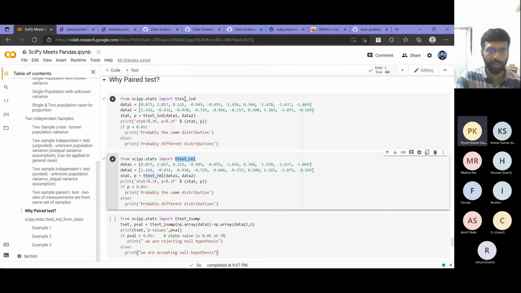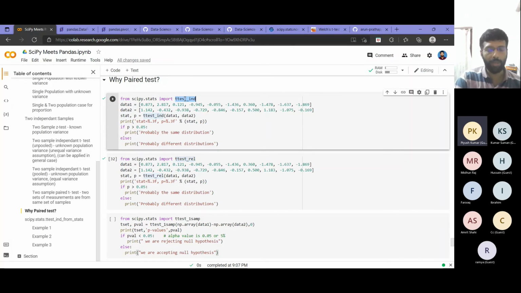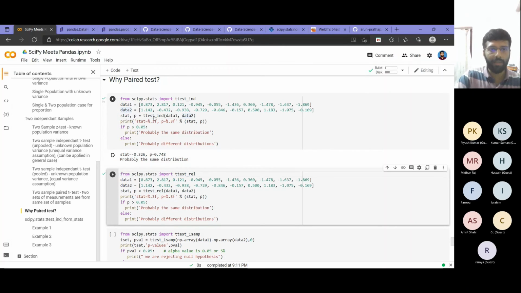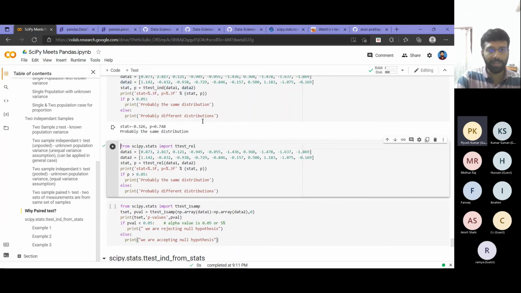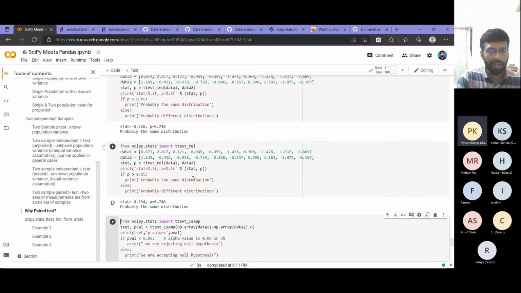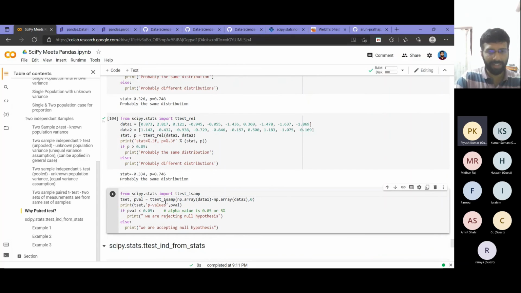Now we will just see what happens when we consider these as two independent populations also. That is my first case. I am doing the two sample pooled case, since I have not changed the equal_var flag here. I am considering both as independent samples, data 1 and data 2. I get the p-value as 0.78, and it is telling me that probably both are the same distribution. So there was not much change in pressure due to that medicine, right? And in the second case, I do a paired test. There I get the value as 0.746. That also gives me the same outcome. The drug didn't have much effect, right?